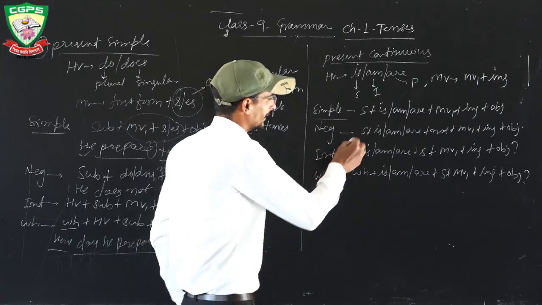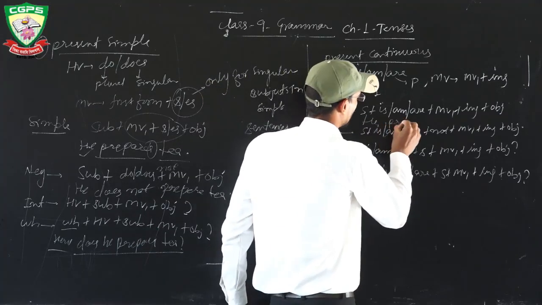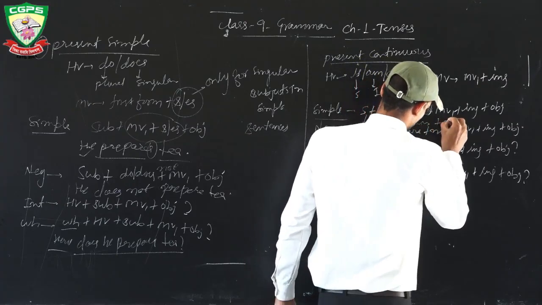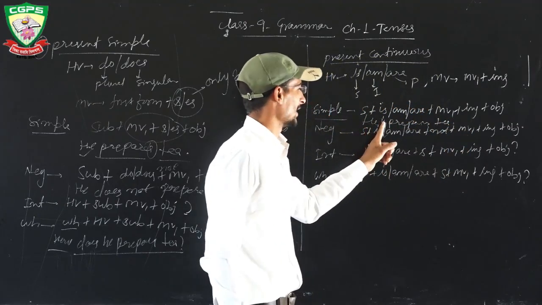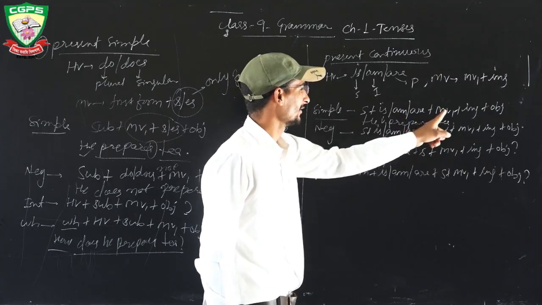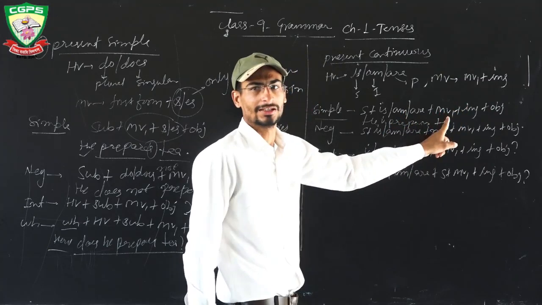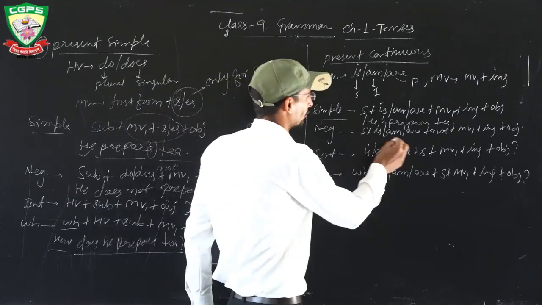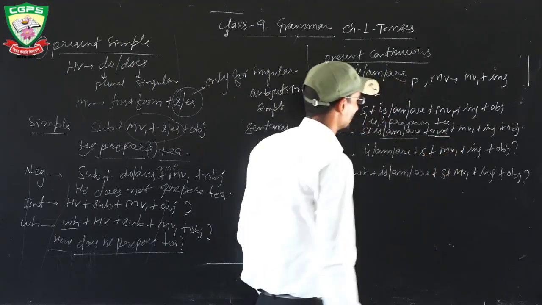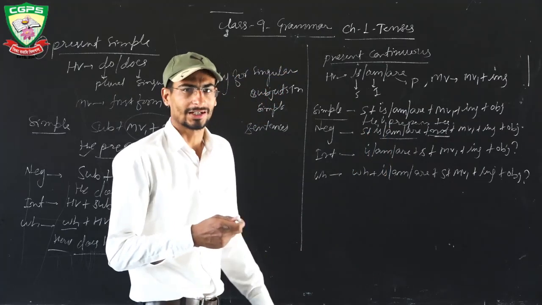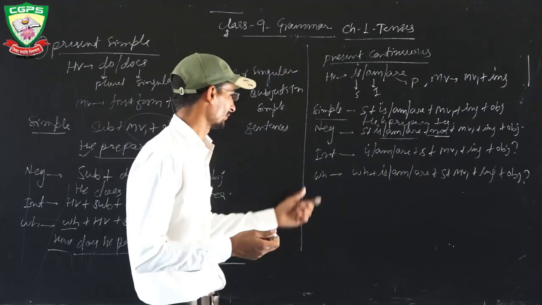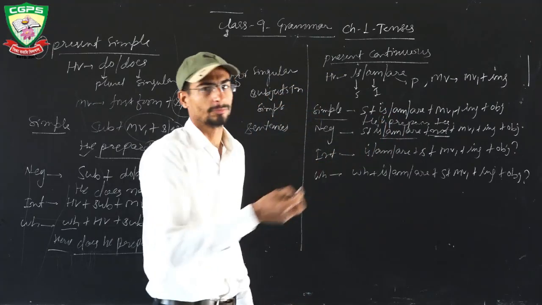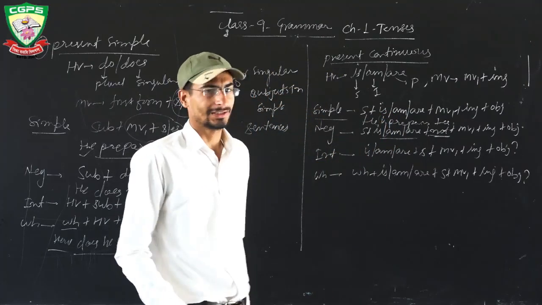Like same example. He is preparing tea. So subject, helping verb is, preparing is main verb first form plus ing, tea is object. When we convert this to negative sentence, just add not after that helping verb. He is not preparing tea. That is negative. When we convert it to interrogative, just write the helping verb at the starting. Is he preparing tea? And the question mark at the last.